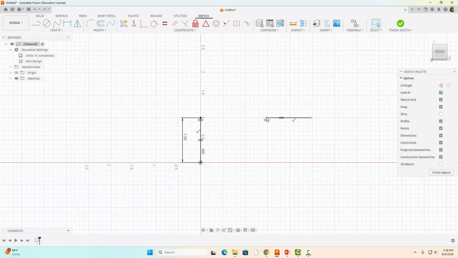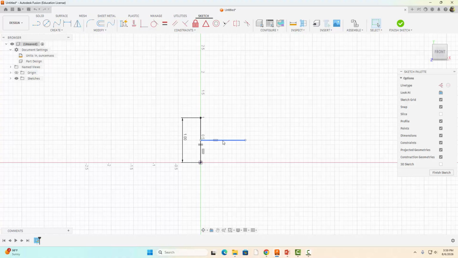If you recall, we made this point horizontal with this point. So if we click on that constraint and we delete it with the delete key, now we should be able to come up here to our midpoint, click on that point, click on that line, and now it's placed in the middle of this vertical line here, hence the midpoint constraint. All right, and then I'm going to now delete this midpoint constraint. So I'm going to hit escape. Click on that midpoint constraint and delete it. And I'm also going to click on this perpendicular constraint and delete it